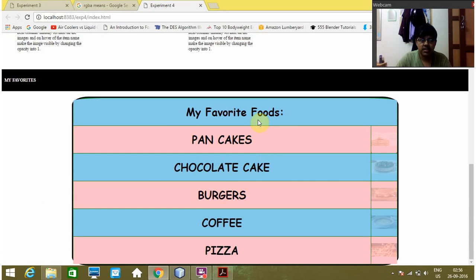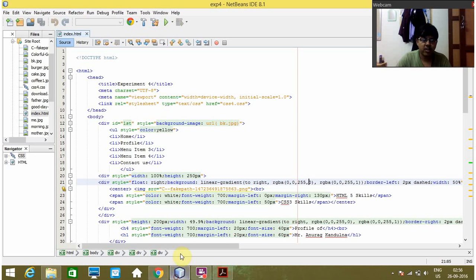And for the last section, my favorite foods, as I hover over any of the sections, the color gets changed, and when I hover the mouse only towards the written section, the image is visible. But if I point towards the image, this written part is displayed. Now moving on to coding,